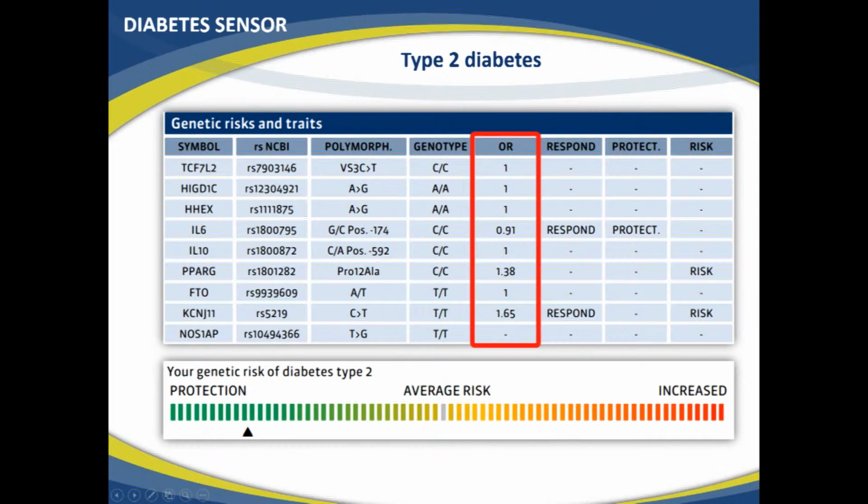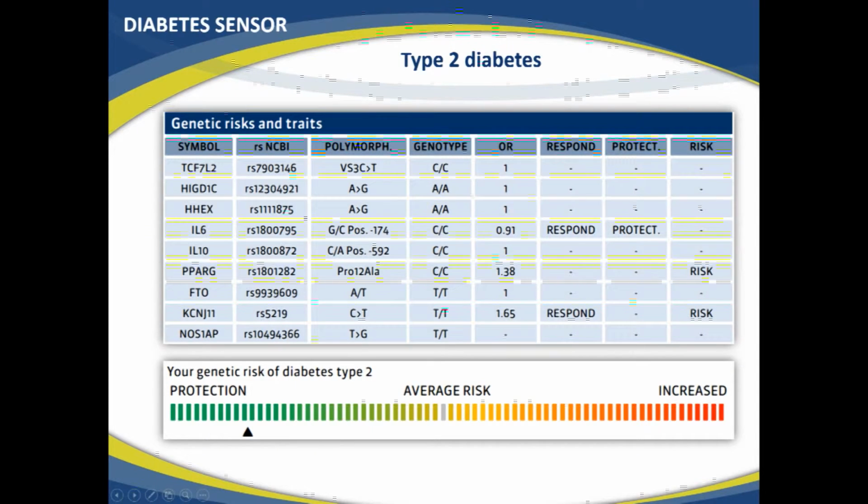An odds ratio, again, you will learn about this in the simple disease risk statistics, but here the odds ratio is 1.38, so it's a 38% higher risk, 65% higher risk, normal risk, actually lower risk, so this is protective, and so on. This is all scientific; for the customer or the patient to understand it more easily,